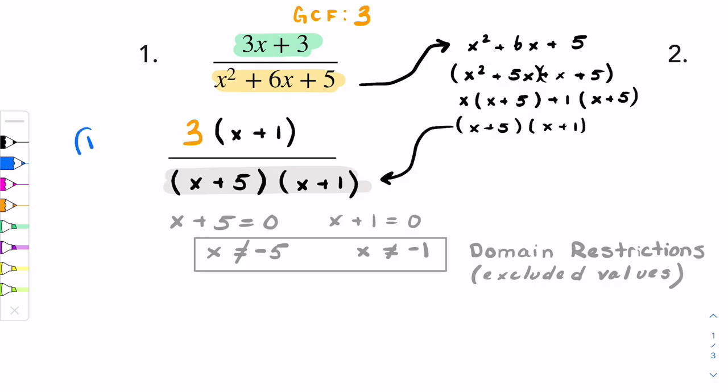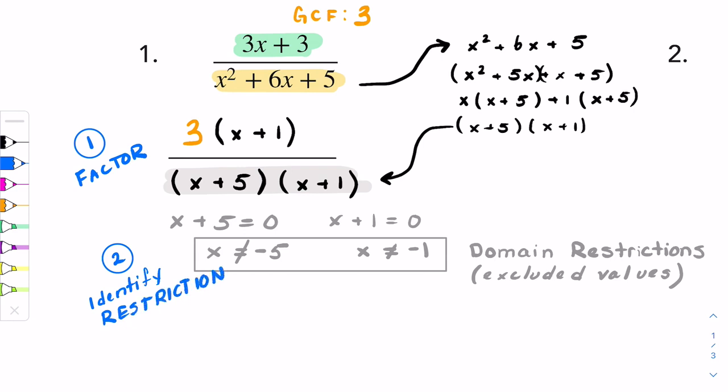So far, we've completed step 1, which is factor. Then we completed step 2, which is to identify restrictions. And next we have step 3, which is to divide out any common factors and list your final answer in simplified form with restrictions. So if we look over here at our original problem, the only common factor that we